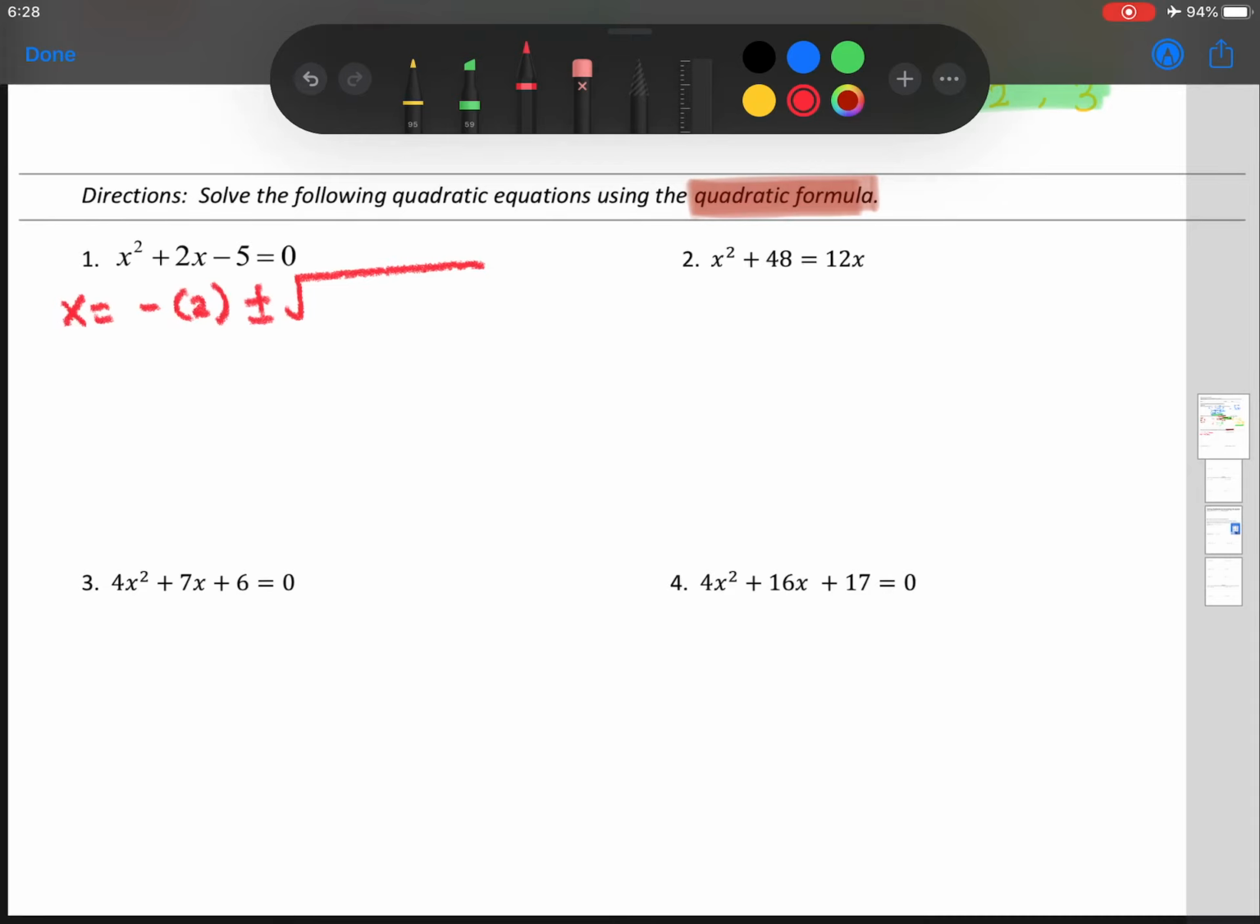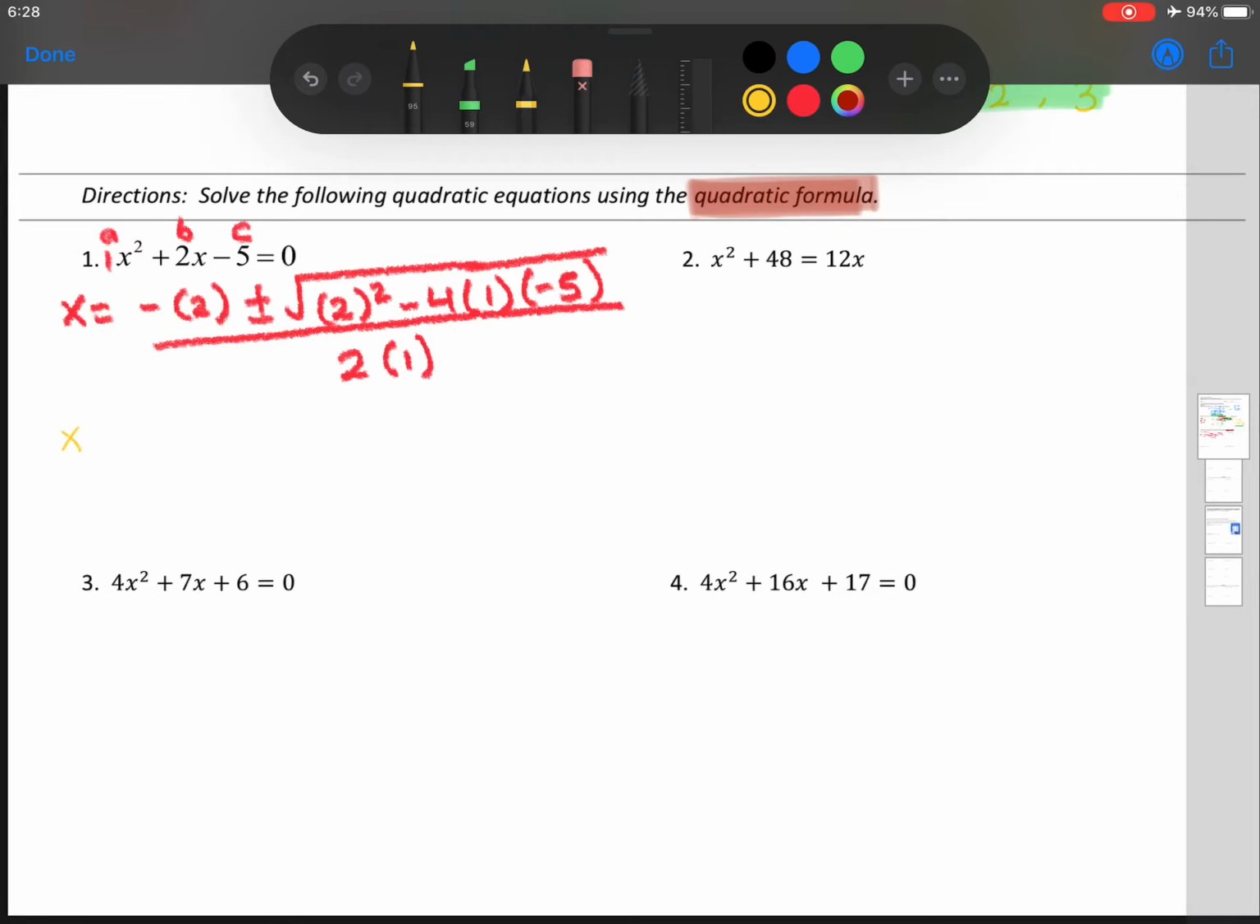What's my b squared? You can choose to write here A is 1, B on top, and C like that, or on the side, whatever feels comfortable to you. So it's going to be 2 squared minus 4 times 1 times negative 5, all over 2 times 1. I'm going to switch colors, and now I'm going to simplify it. It's negative 2 plus and minus